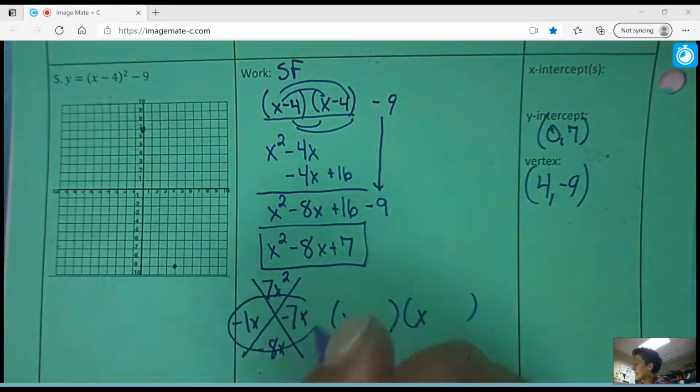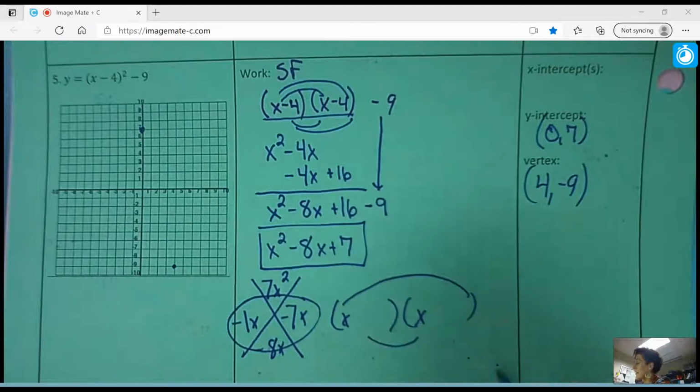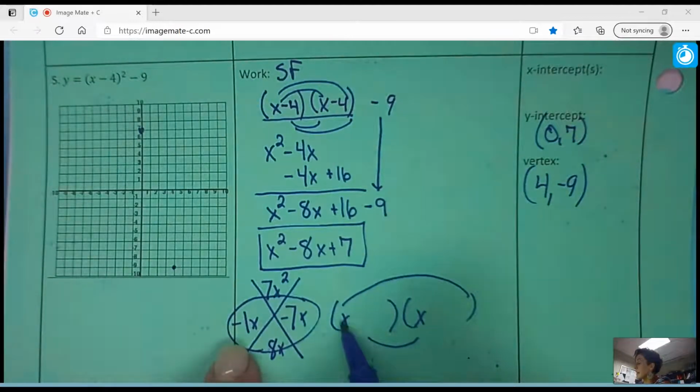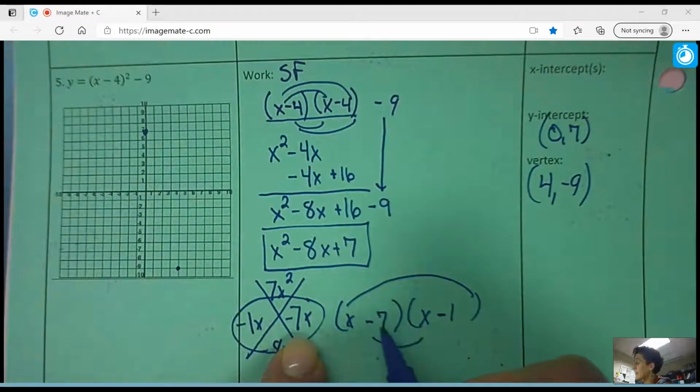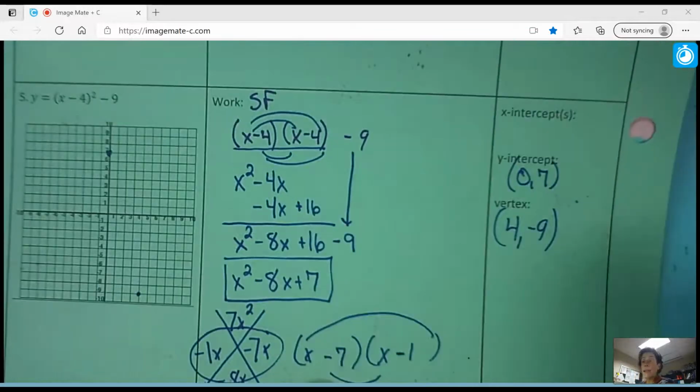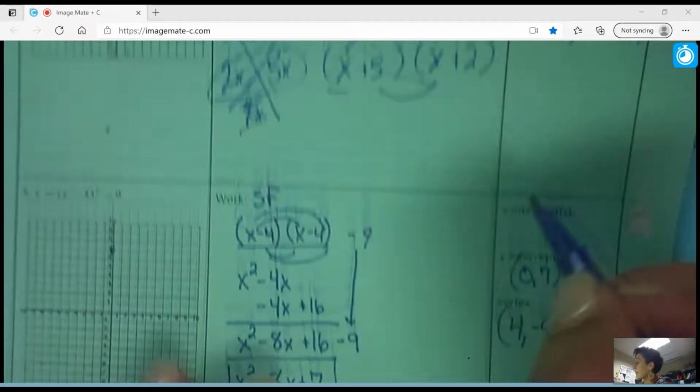And then to get these side numbers, we'll do the loops, or the face. And since they're both x, I'll let this x multiply with a -1 to make -1x, and I'll have this x multiply with the -7 to get the -7x. And now my x-intercepts are 7, 0,